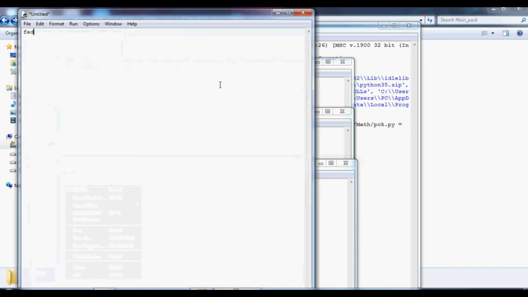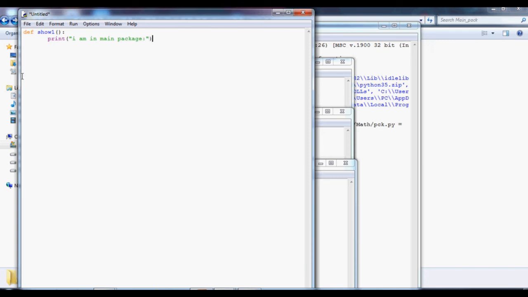So def show one, print I am in main package.